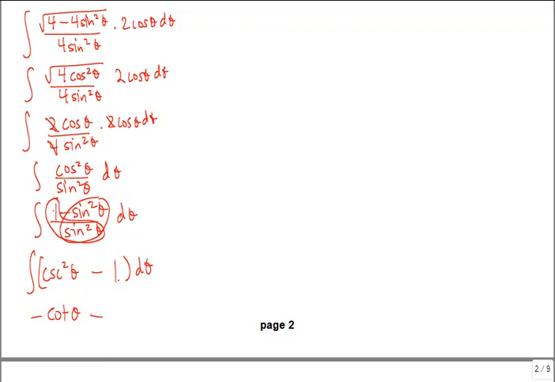Minus, what's the integral of 1 d theta? Well, it would just be theta. Remember, the variable that we're integrating with respect to here is theta. So the integral of 1 turns into a theta, since the derivative of theta would be 1. All right, here's our plus c, but we're not quite done yet, because this is our answer in terms of theta,